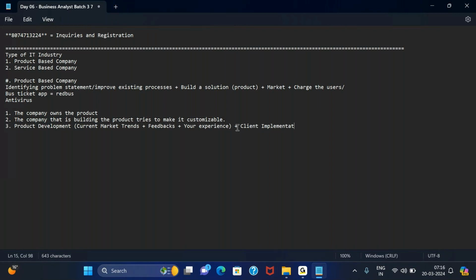Now, some of the businesses which are directly used by customers, for them the second part may not be applicable. Because I am building a bus ticket app, I have built the app and now my customers are directly accessing it and using it. Same thing goes with antiviruses as well. I have built an app and now my customers are directly using it. So those client implementations may not be applicable over here. But